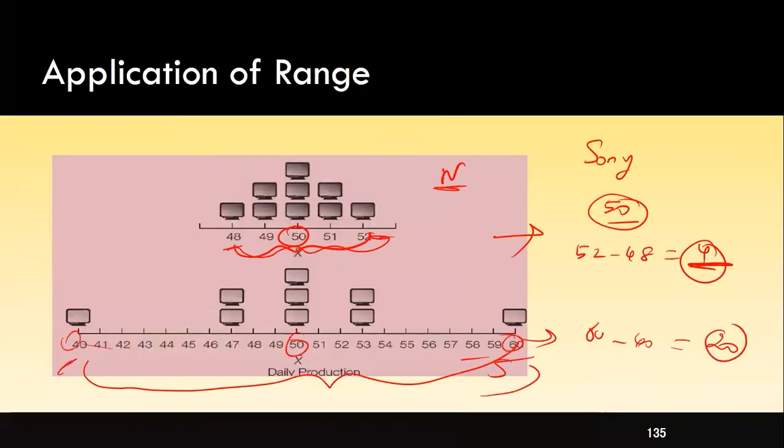Okay, so to summarize, we understood what range is all about and why we need to use range. We explored that with the help of range, we can quantify the spread of your data set. And also we've explored the limitations of range. One limitation is that it is sensitive to outliers. The other one is that it ignores the intermediate values, and it lacks the distribution information. And also we have seen how to compute the range and what the applications of range are so far. Next one is